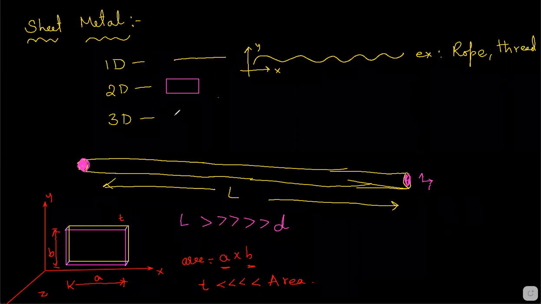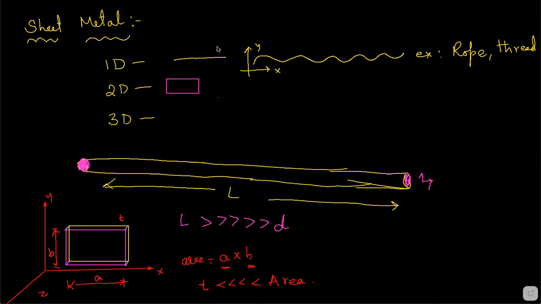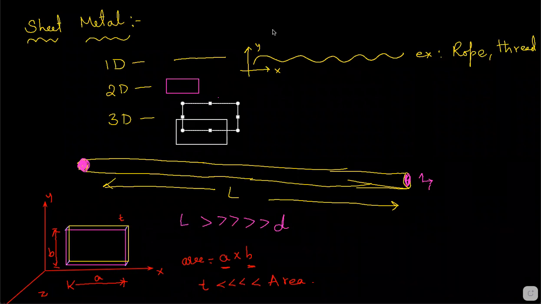3 dimensional means all the 3 dimensions are almost comparable. It means you can see all the 3 dimensions properly. 1 dimension is not very, very, very small compared to the other dimensions. So that is 3 dimensional. See this one, right? I think this looks like a cube with a respectable length. These lengths and all you can see very clearly. So thickness also is visible properly.